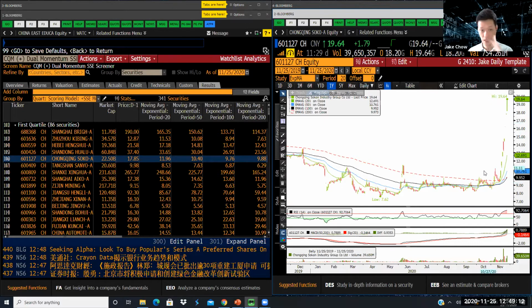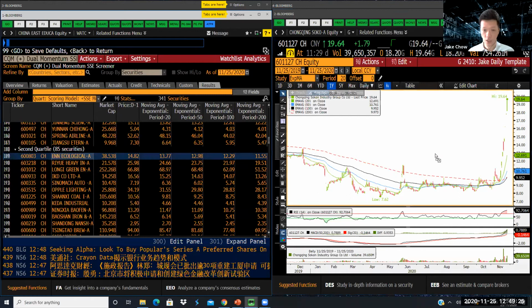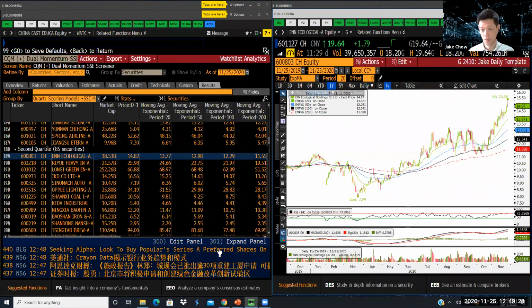So these are the ones that make it to the first quartile, and it also warrants your attention because it's breaking out in this manner, right? Let's say, for example, we go to the second quartile. You see, the Chinese universe is really huge. You can really do a lot of diversification in trading the Chinese markets. In this case, the first name in the second quartile is this stock called ENN Ecological, right? This is one of the names that you should focus on trading. Of course, not an immediate entry, but wait for a pullback,